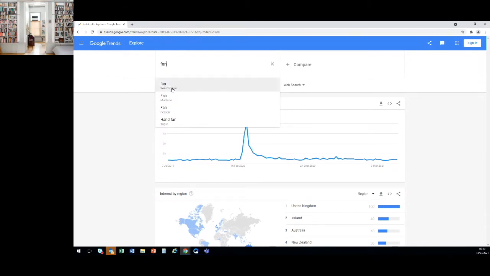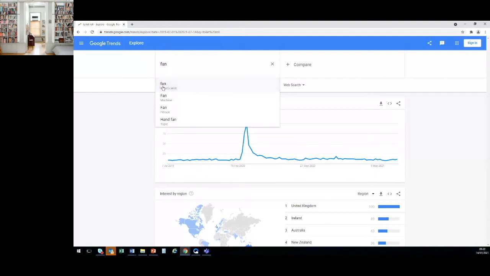I would like to know how popular fan is being searched on Google. Are people looking for fans at this moment? How do people search for fans? Because there are different kinds of fan, Google is quite smart, as it uses AI technology, so it will return several kinds of suggestions. When you search fan, what are you actually searching for? Are you searching for all the fans from people doing this?